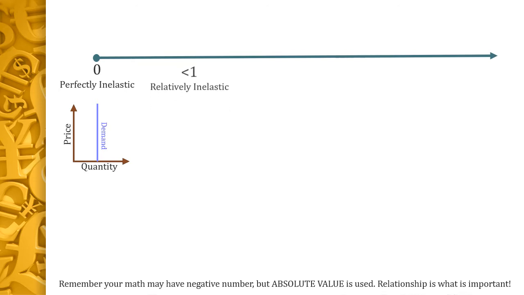But we could have a small relative inelasticity, so we're looking at any number that's less than 1, so a 0.5, a 0.25, and that would create a chart that looks like this particular one. Now you notice that we're beginning to lean a little bit, but there's not a whole lot of tilt there. That means that as price changes slightly, quantity is going to have a slight change, but price could change a whole lot and quantity would still only have a slight change. So one doesn't really affect the other that dramatically, but there is some